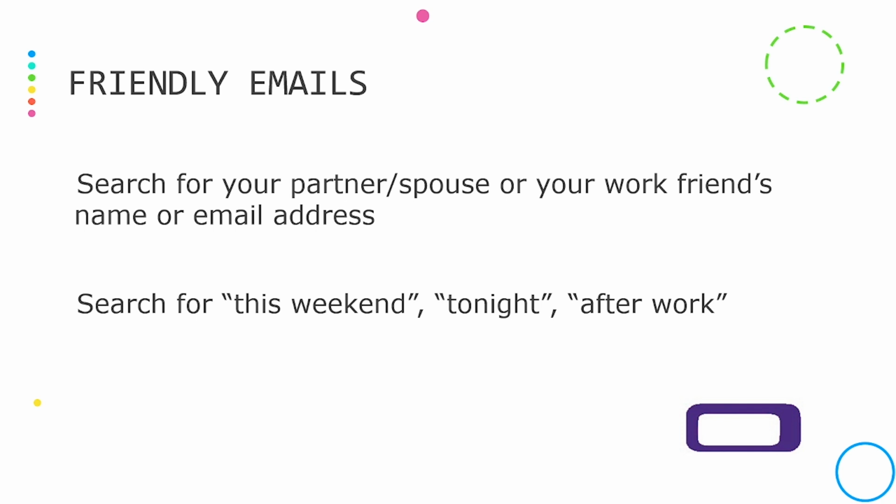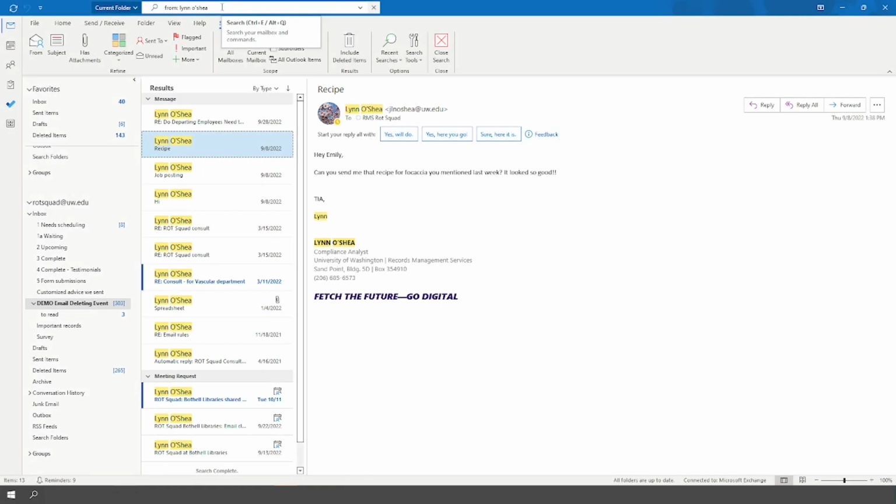So go ahead and demonstrate. You can maybe search for your spouse's name or your work friend's name or their email address. You could search for phrases like this weekend, tonight, or after work. We'll go ahead and show, in this case, I'm going to search for Lynn's email address, who's obviously very friendly, and we'll see